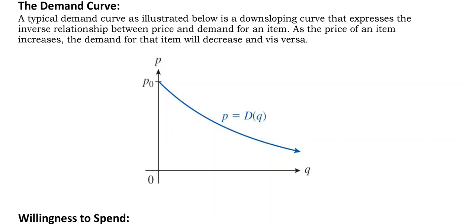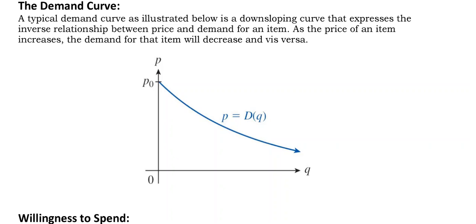In this video, we're going to be discussing consumer surplus, which is a really interesting topic from economics. To understand consumer surplus, we need to start with the demand curve. The typical demand curve is a downsloping curve, such as the one that you see here. The demand curve represents the relationship between the price of a good or service and the quantity that is demanded